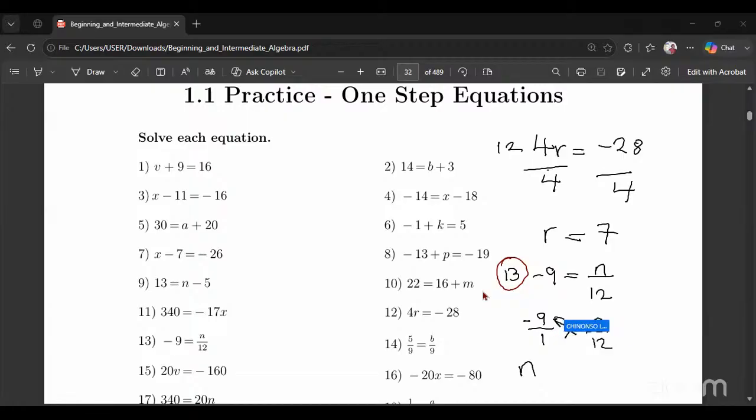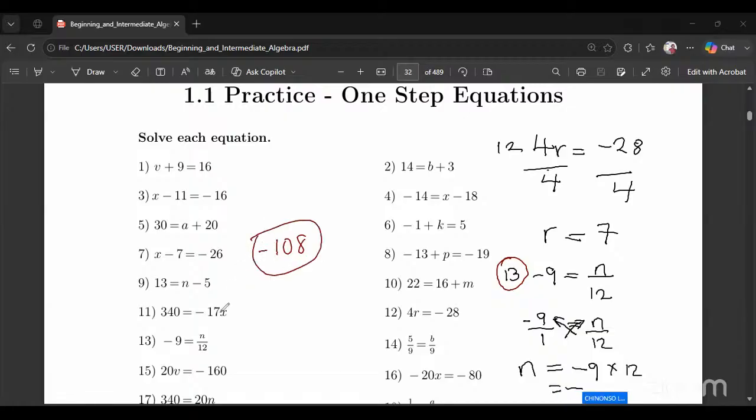We are saying 1 multiplied by n, which is n, and then negative 9 multiplied by 12. So this is one way to solve this particular question, and I'll also show you another way of doing that. So negative 9 multiplied by 12, that should be negative